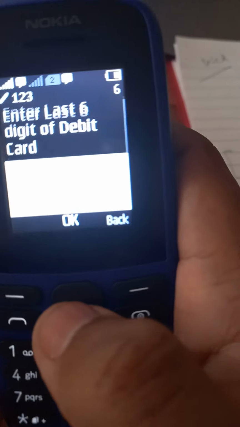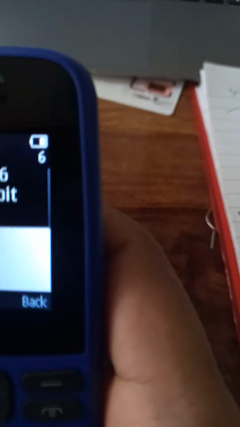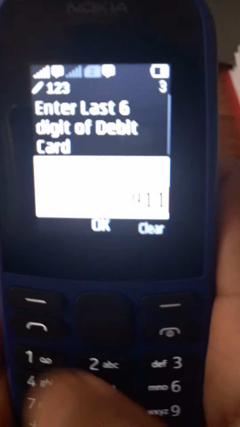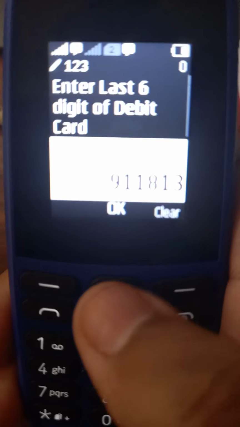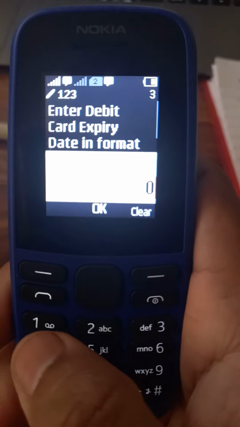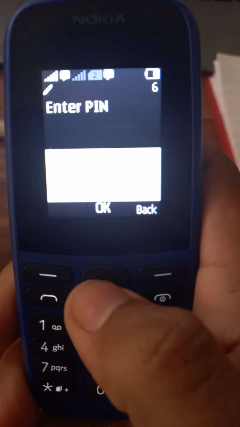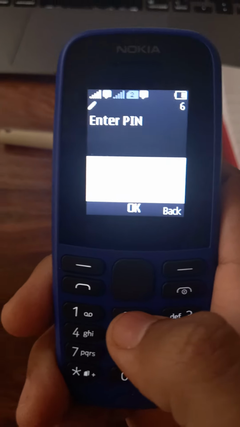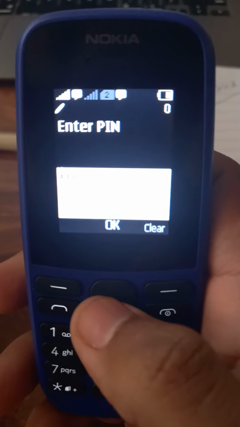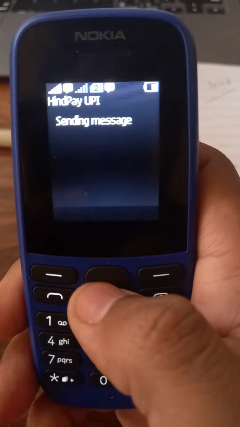So it is 911813, and the card expiry date in MMYY format is 0422. My pin. This is the pin I want to enter, then press OK.